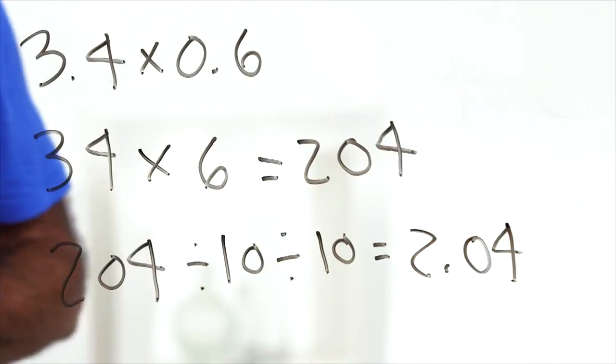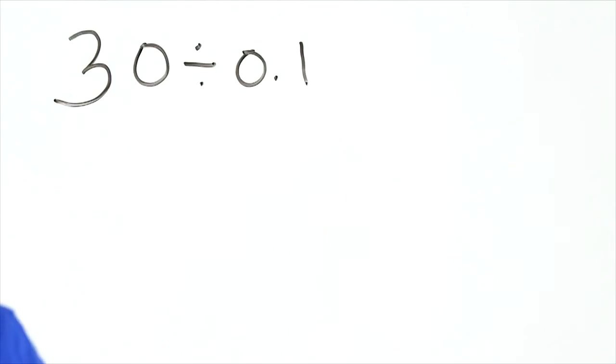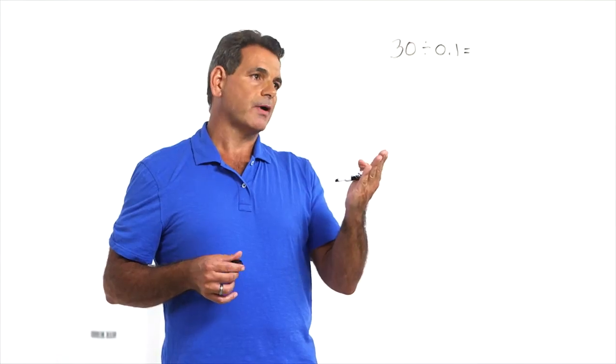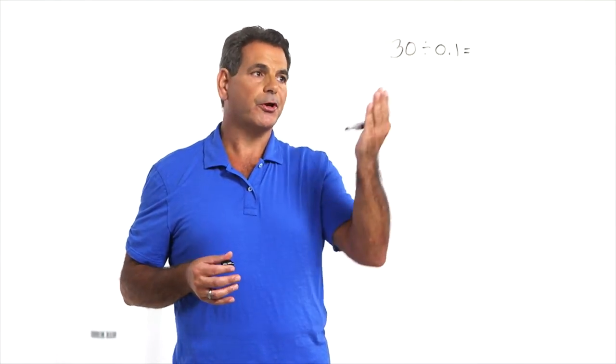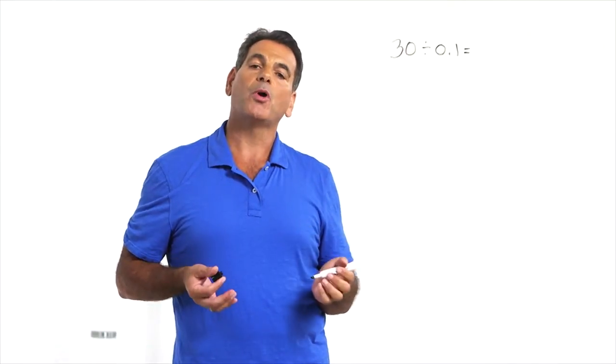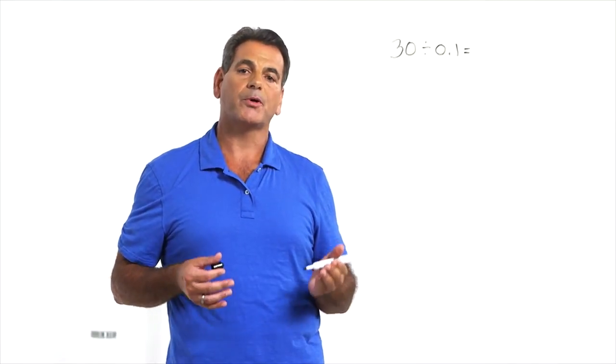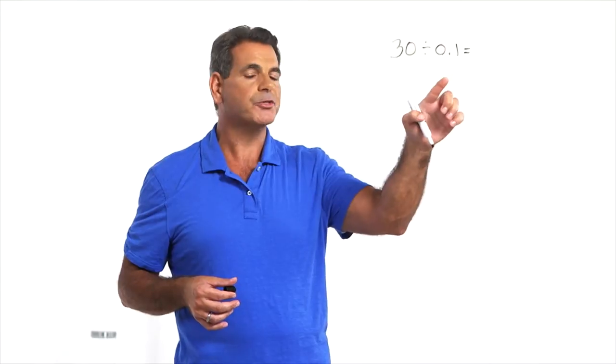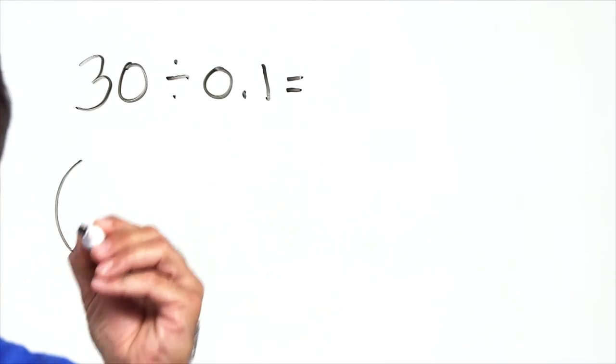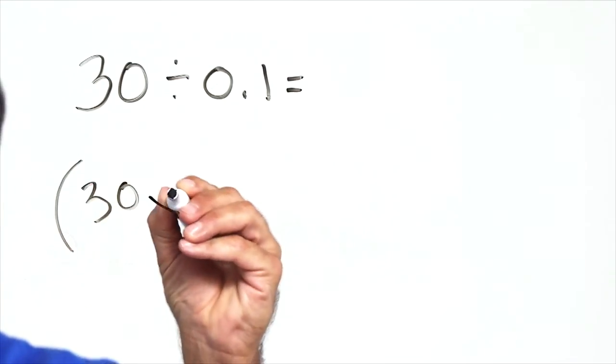2.04. Here's how we can do dividing by decimals. Ideally, we want to be dividing by whole numbers because it's easier. The 30 we have, we're all set. The 0.1 we can turn into a whole number by multiplying by 10. But if we're going to multiply 0.1 times 10, we have to multiply the 30 times 10. So let's see what that looks like. 30 times 10